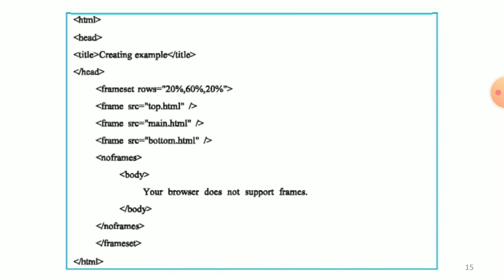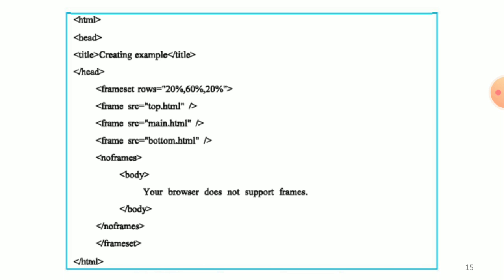We are creating three files: top.html, main.html, and bottom.html.